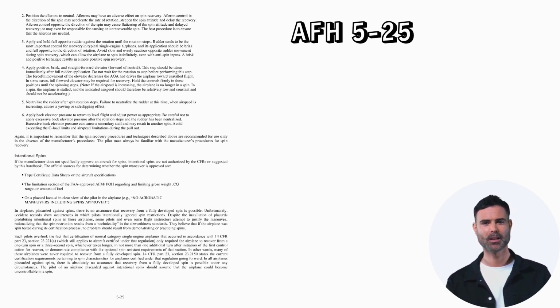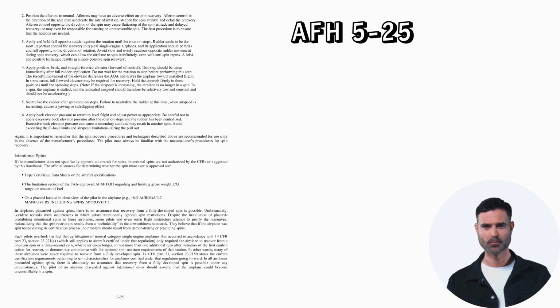In airplanes placarded against spins, there is no assurance that recovery from a fully developed spin is possible. Unfortunately, accident records show occurrences in which pilots intentionally ignored spin restrictions. Despite the installation of placards prohibiting intentional spins in these airplanes, some pilots, and even some flight instructors, attempt to justify the maneuver, rationalizing that the spin restriction results from a technicality in the airworthiness standards. They believe that if the airplane was spin tested during its certification process, no problem should result from demonstrating or